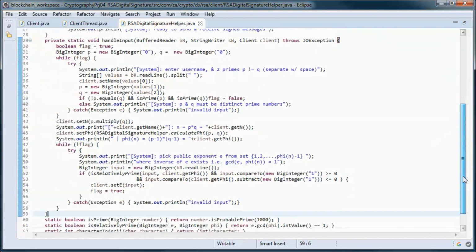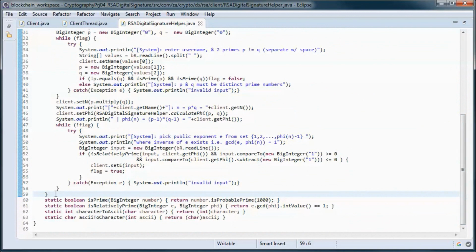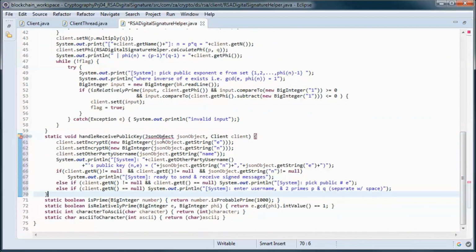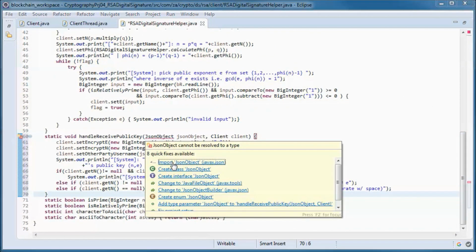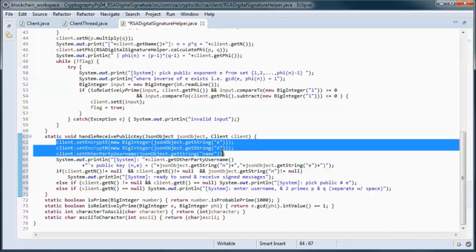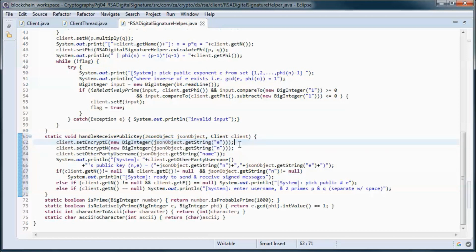And this method handles the receiving of public keys, so here we are picking up E and N, the public key, and the name from the JSON message.